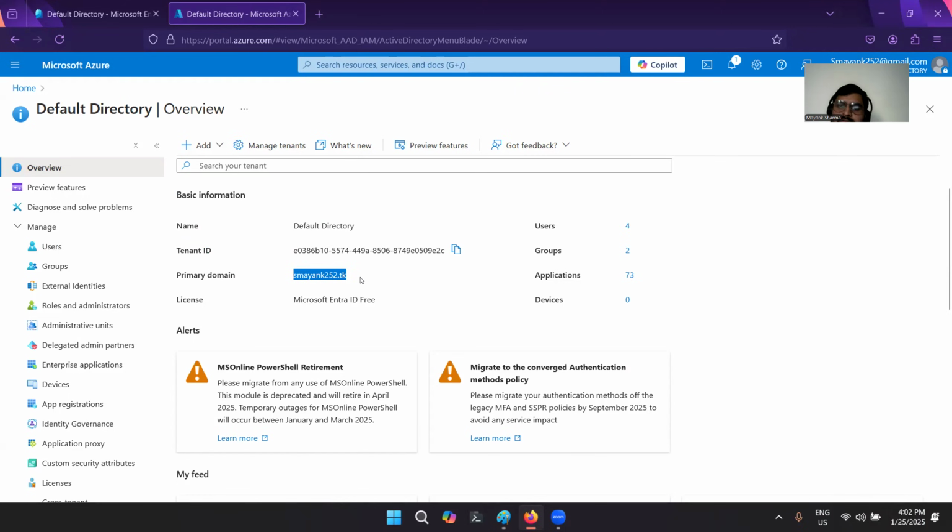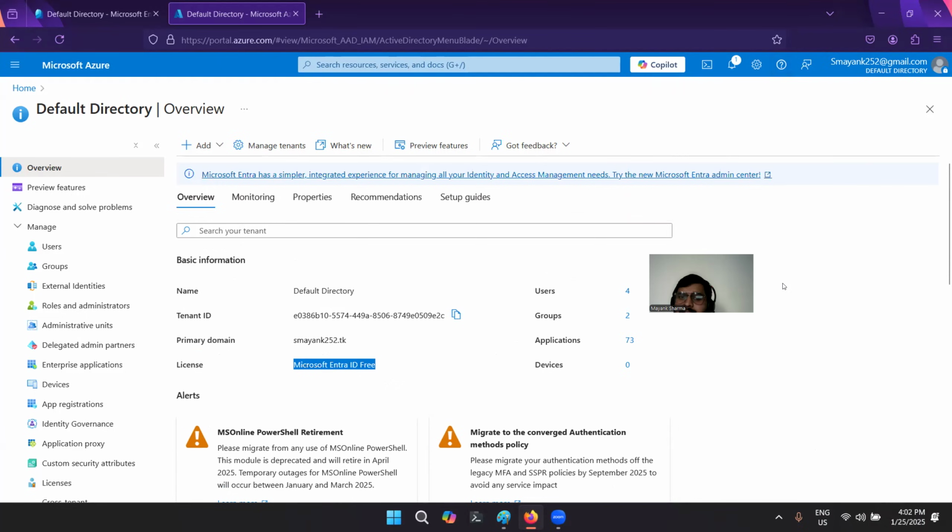So this is sman252.tk. If I create a new user, let's say I created a user for Ajit, then the username of Ajit is going to be ajit@sman252.tk. So this is its username. Whenever Ajit tries to log in, it will redirect to this Active Directory to check if Ajit has access or not. Is it clear, guys? Yeah. And then finally we have license. What kind of license are we using right now? Right now we are using a free license.